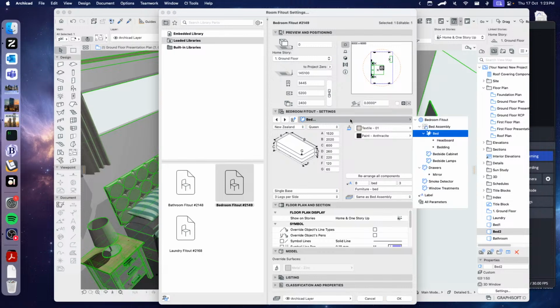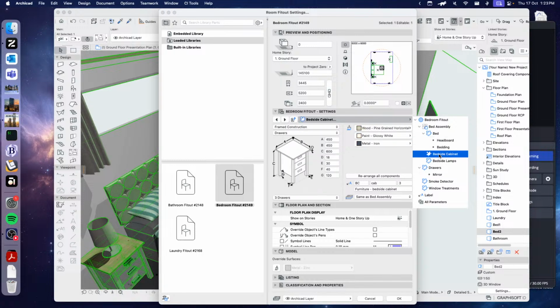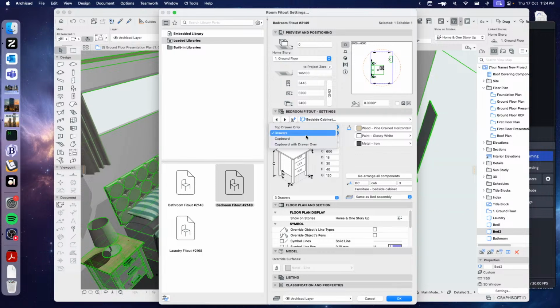So we can go through, we can set up our bed. We can go through and tell it what kind of headboard it should have, what color it should be, what size it should be. Same for the bedding, how that should look. Then we're looking at the next component, which is the cabinet next to the bed. So we set earlier how many we want of these, and in here we are setting the specifics of those actual placed cabinets. So you can see all of the settings for the cabinet itself in a way that it probably makes sense. You can choose if you want to have drawers or a cupboard or both, and that sort